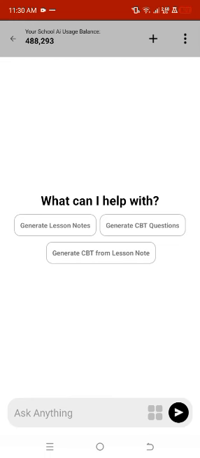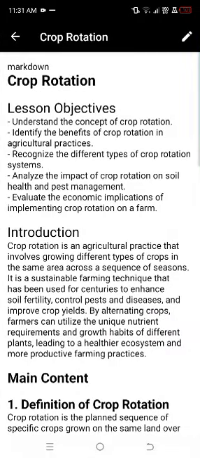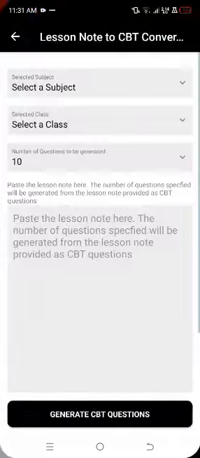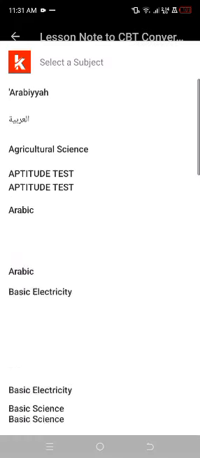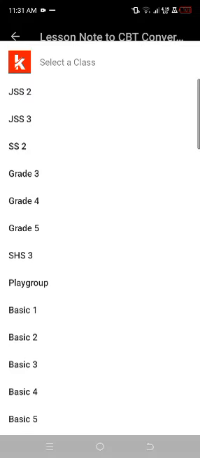Then the last option here is generate CBT from lesson notes. Now remember, we have a lesson note that we generated, right, which is crop rotation, right, which is this. Now we want to generate a CBT regarding this crop rotation. So we tap generate CBT from lesson notes and then select the subject. I click agricultural science, select the class, I click JSS2, and then let me just use